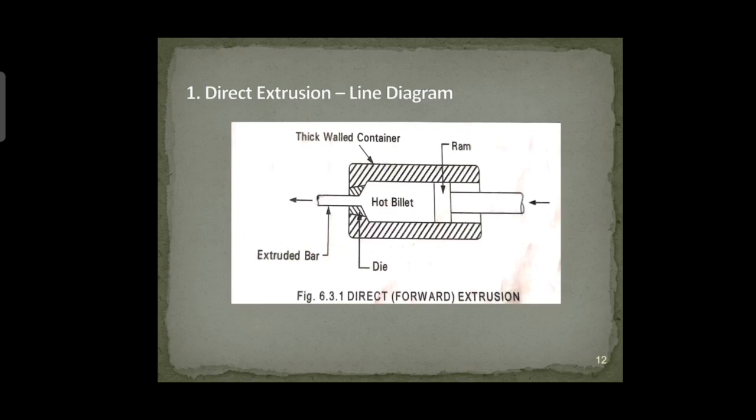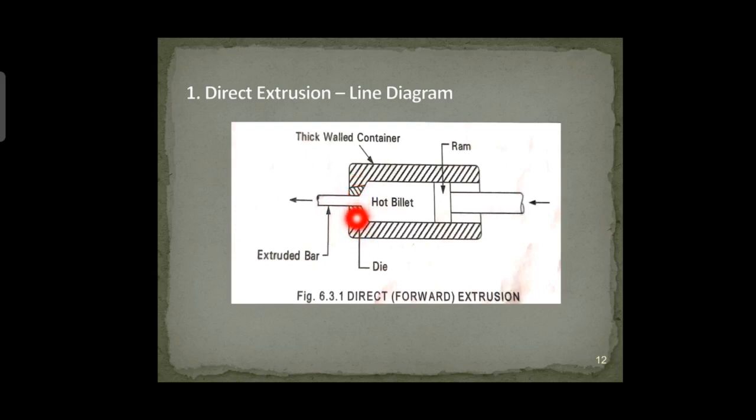That hot billet, whenever the force is applied, the bar is extruded, and the bar comes outside through this die. You can see the die here. At both the sides, the die is placed. Whatever the inner cross section is there, that is very important to us. According to that cross section, this hot billet comes through to our required cross section. So this is how we are placing the die here.